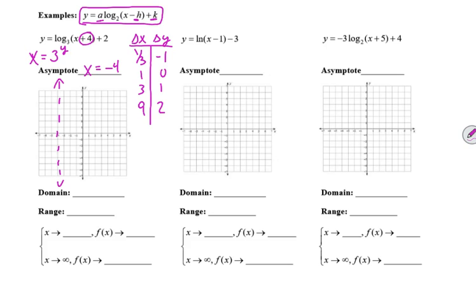And then I'm going to plot those points. Again, there's no multiplier. So from the asymptote, I'll move over 1/3, down 1. Over 1 on the line, over 3, up 1, and then over 9,